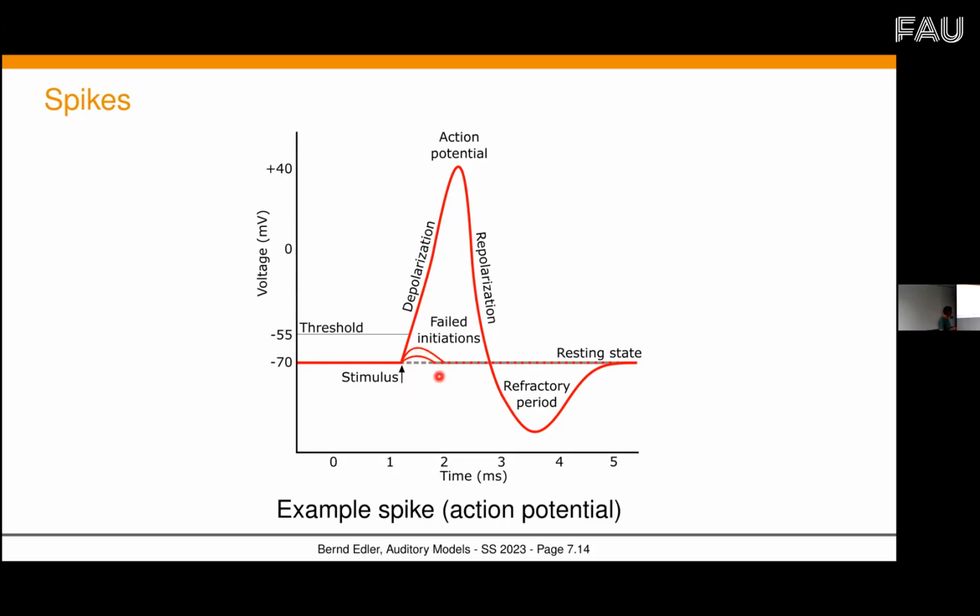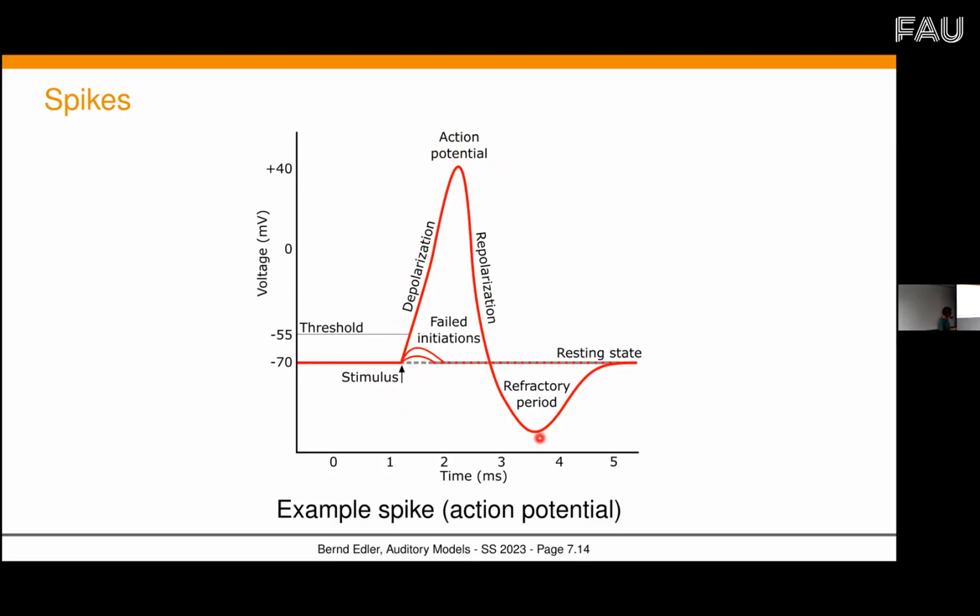And if the stimulus is strong enough, so there could be some failed initiations, but if the stimulus actually activates a spike, then there would be a phase of depolarization. And if that depolarization goes above a certain threshold, then it will generate a full action potential,